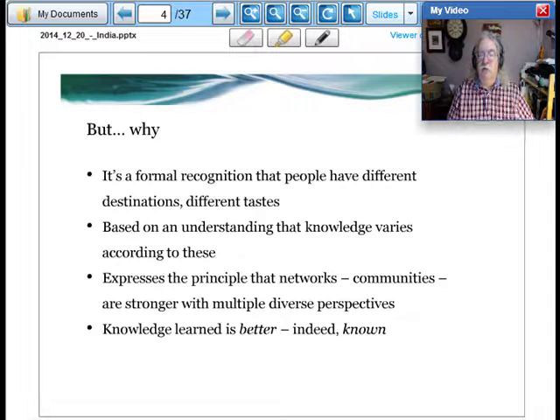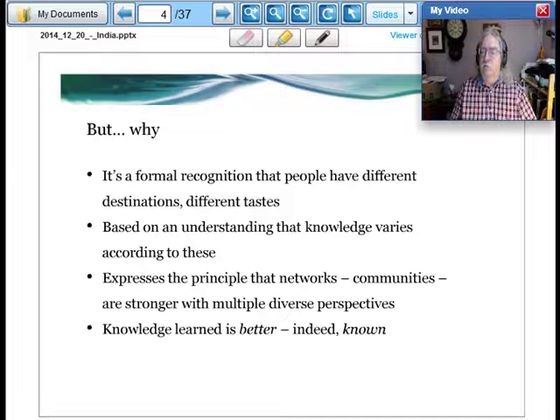Why do we take this approach? Why do we teach in this way? Well, one of the things that we understood fairly early on is that people have different objectives, different reasons for taking a course, different goals, different preferences, interest in different topics or subtopics in the course. There is no one body of content that is going to work for everyone.